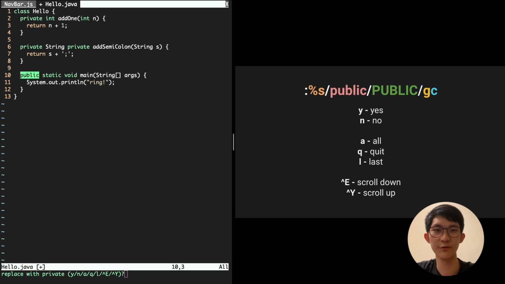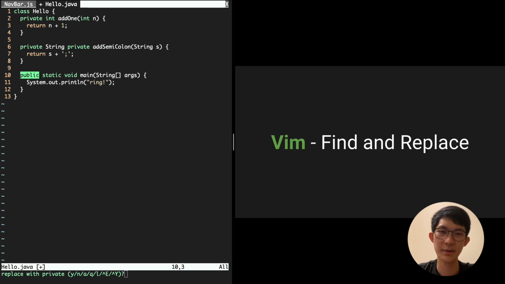Alright, so those were just a few simple examples of how to use the search and replace function in Vim. I decided to make this a separate video because I think there are quite a few variations with finding and replacing in Vim, so hopefully it's easier to